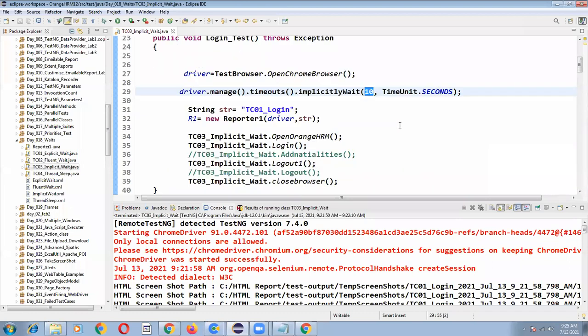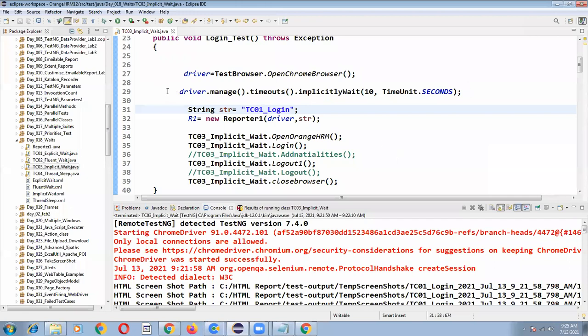That is fine too. But in case it is loading within 4, 5, or 6 seconds, the driver can wait. Suppose the web element is loading in the 7th second, then in the 8th second, that click operation will be performed. So that is the synchronization issue. We can manage the time synchronization between each line of code. The best practice is, in all Selenium programs, once you launch the browser, you have to write implicit wait, as per coding standards.